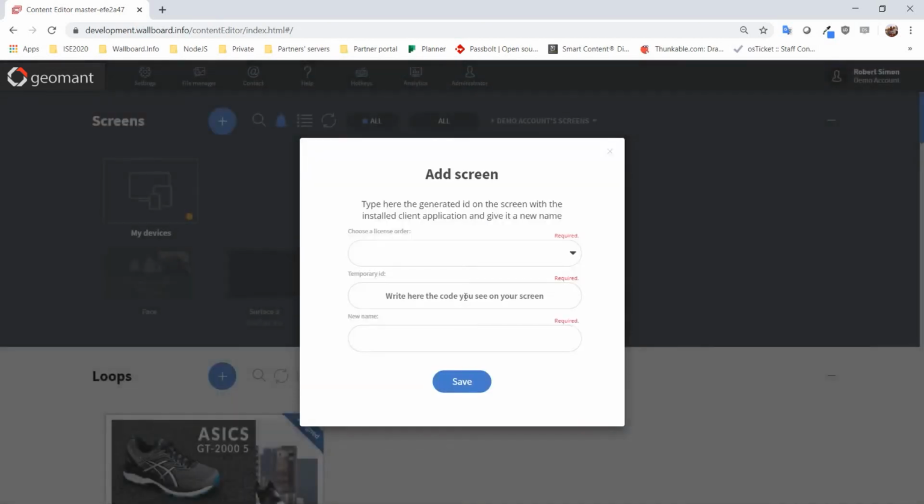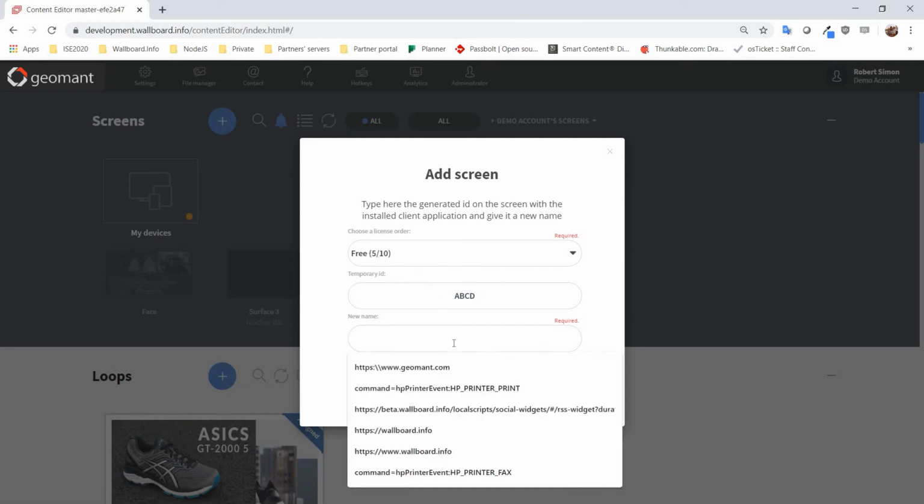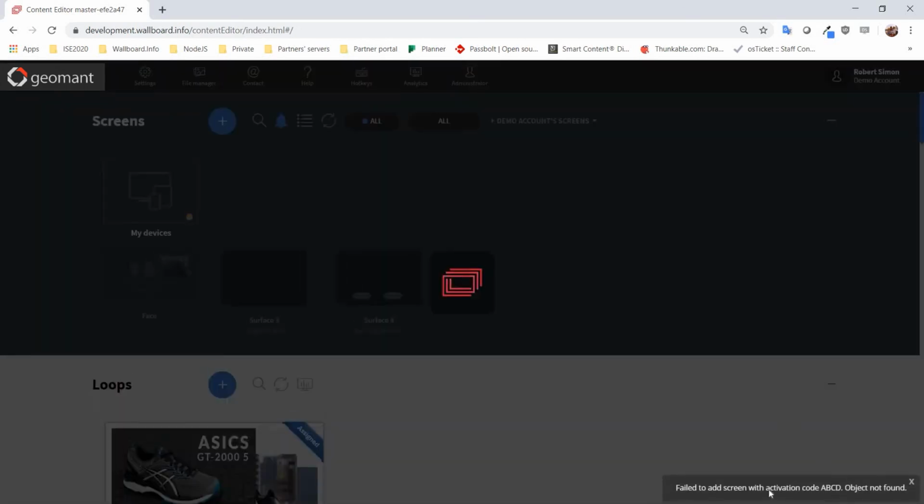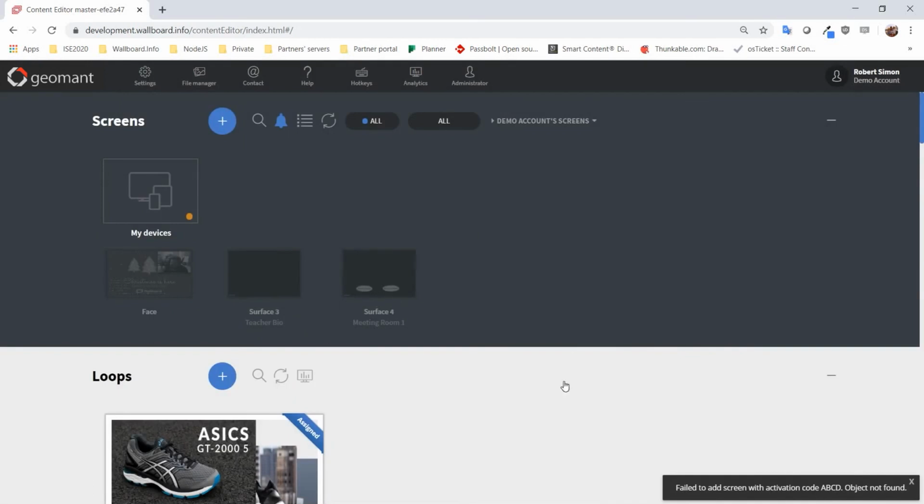You enter the 4-digit code that you can see on the screen. You select a license order. There can be different packages, so I can add to the free package, and I just add the name and save it. Of course it won't happen because there is no ABCD